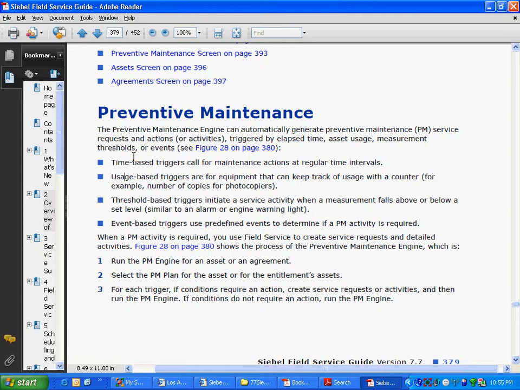So assets, in certain cases, when the assets are high profile assets, like for example medical equipment, they have this ability to trigger the company right there. Let's say something goes awry. Like in car engines there is an ability, they run the codes and the engine will tell you that it is having some problems. Similarly, in medical equipment, there is a mechanism that tells a central unit within the equipment itself that I'm having some problem. That unit notices the problem and sends a trigger to the company directly.